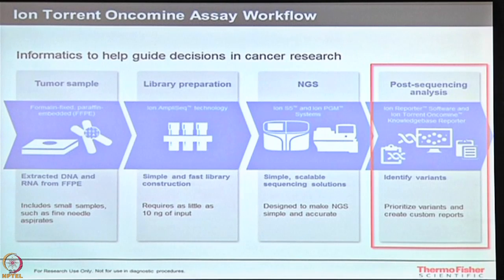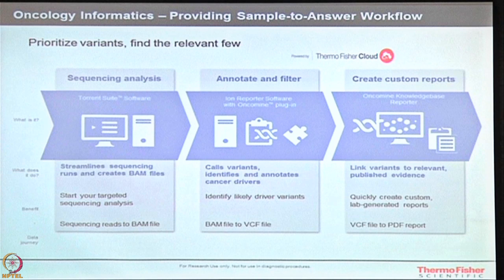You have something called a tumor sample. You take it further, prepare your library, do your sequencing over here, and then you do certain analysis. The analysis would be like the Ion Reporter analysis, to understand the variant information and get the results from there. This Ion Reporter also has information regarding the driver variants. Okay. So these driver variants are recorded in Ion Reporter, and they could also be pushed up into the tool called Oncomine Knowledge Reporter.